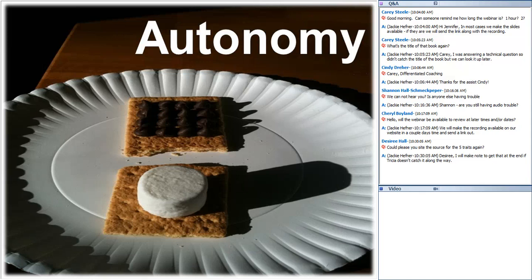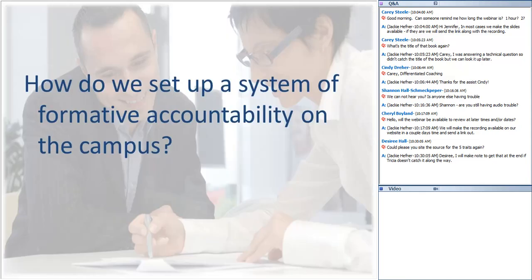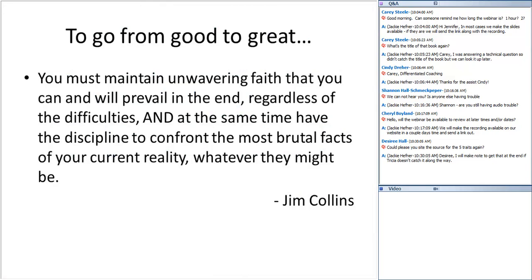And what that means is, even as an evaluator, you're not doing full-scale evaluation every time you walk onto a campus. Now, I truly believe in this Jim Collins quote that, of course, comes from the book Good to Great, that if you want to get anywhere, you have to have 2 things going for you. The first is the unwavering belief or faith that you can hit your goal. So whatever the target is that you've just created, you have to have the unwavering belief that you can get your campus to hit it.